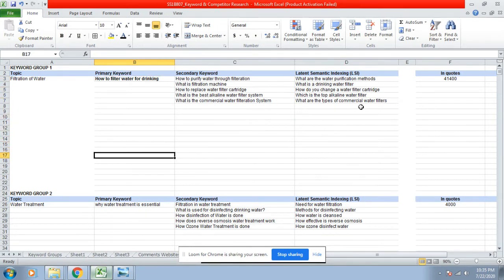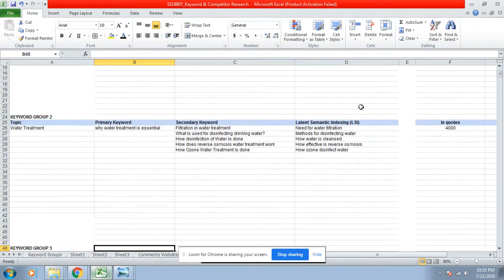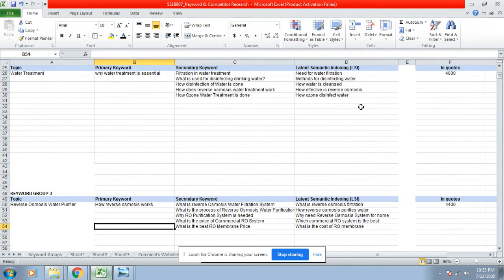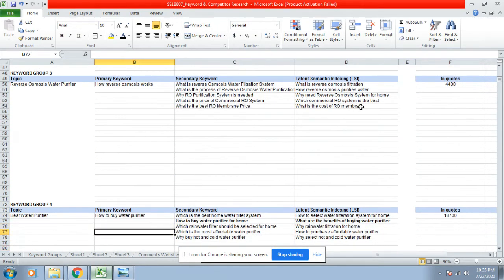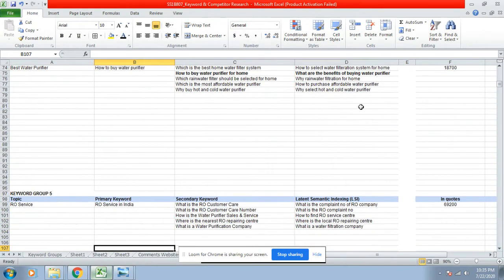Similarly, we have to perform competitive research for the other keyword groups. We have to put in another primary keyword for keyword group number 2, keyword group number 3, keyword group number 4, keyword group number 5.